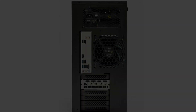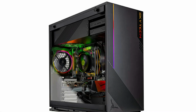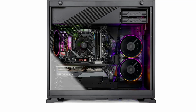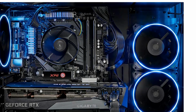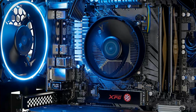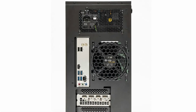Here's a bit more information about this gaming PC. Brand Skytech Gaming. CPU model Ryzen 5 3600, RAM 16GB, Series Azure. The AMD Ryzen 5 3600 6-core 3.6 GHz, 4.2 GHz max boost CPU, B450 m-ATX motherboard, 1TB NVMe SSD, GeForce RTX 3070 8GB of GDDR6 graphics card. Brand may vary. 16GB of DDR4, 3000 MHz gaming memory, Windows 10 Home 64-bit, 802.11 AC Wi-Fi, no bloatware,